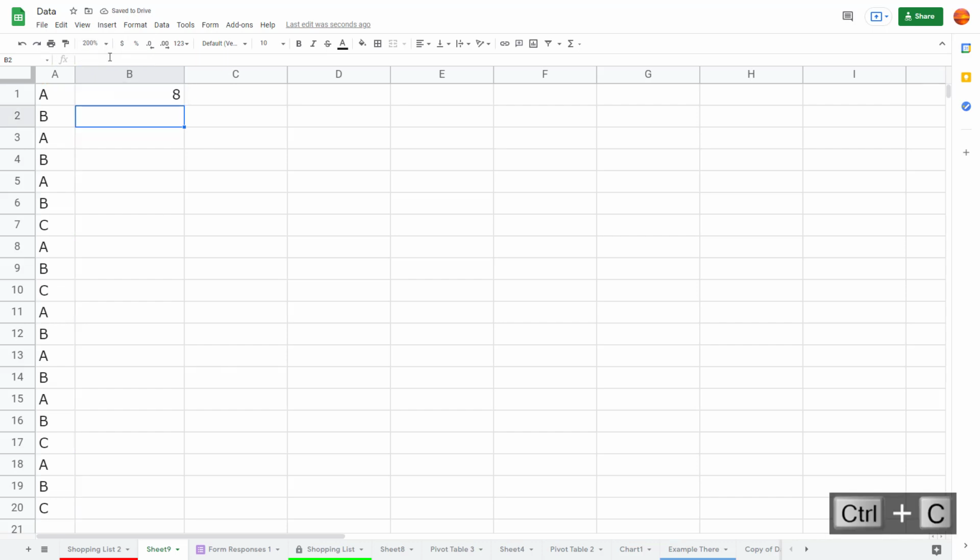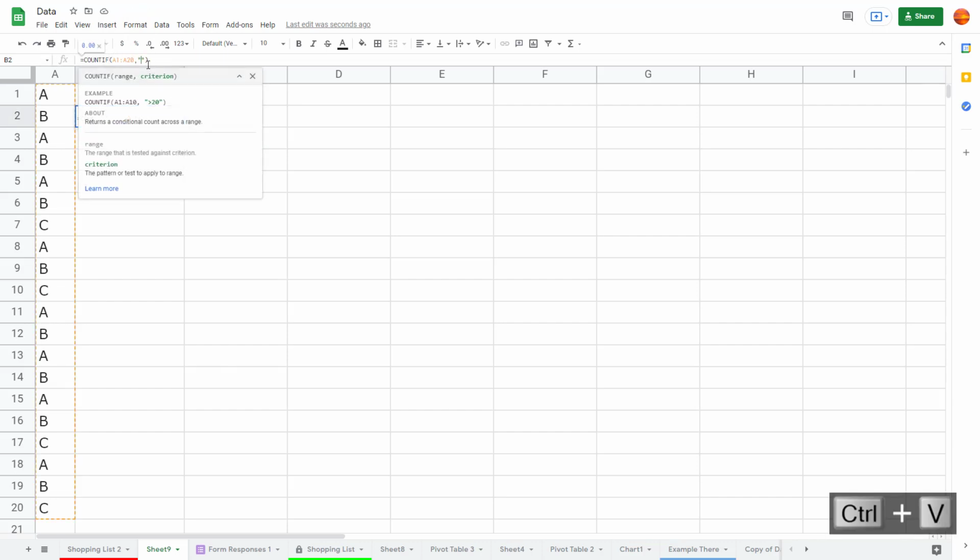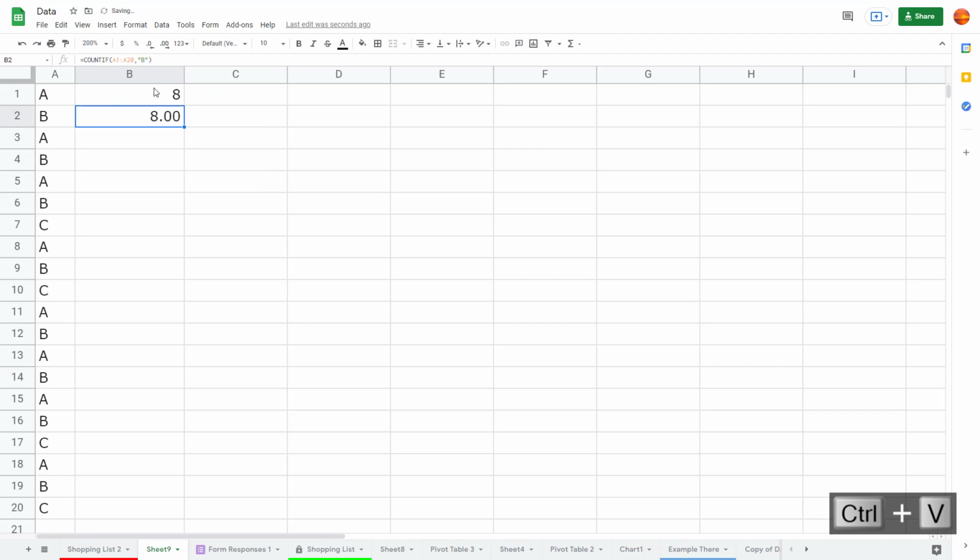Similarly, I can copy this out and do the same for B. So I'm going to type in B right here, just like this, and B is 8 as well. Decrease the decimal places. And then I'm going to press C as well, and C is 4, as you can see right there. And that is how you can use the COUNTIF function to count the exact number of items in a sheet